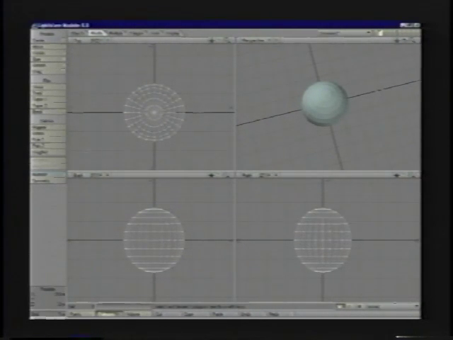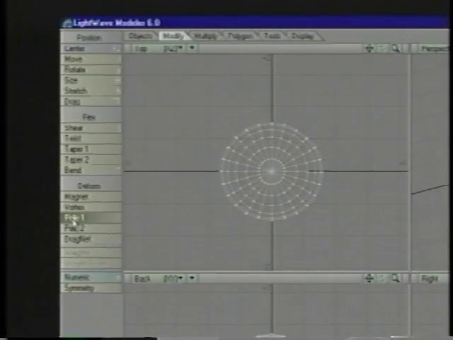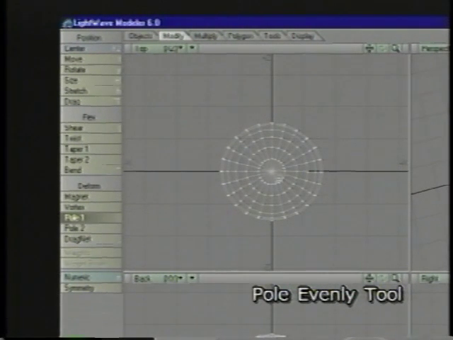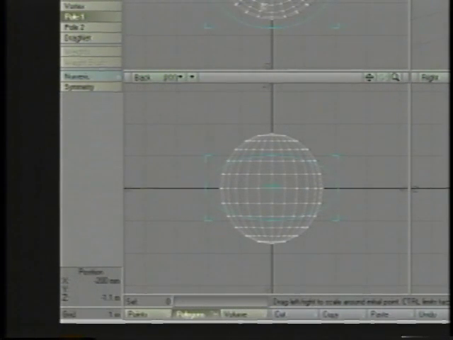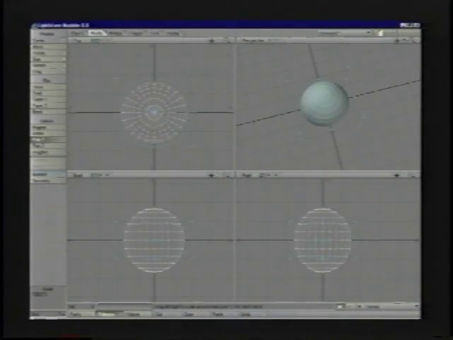All right, let's talk about pole 1 and pole 2 a little bit. Pole 1 is another uniform sort of deformation tool that allows you to drag out a volume, just like magnet and vortex do, of the area that's going to be influenced. So I'm going to center this up in my object. Now if I go ahead and engage the pole, you kind of see that it